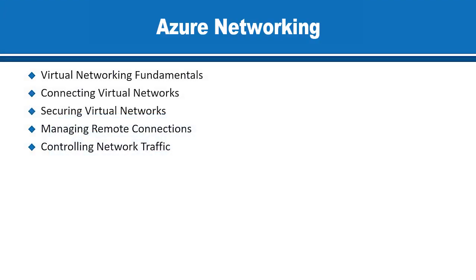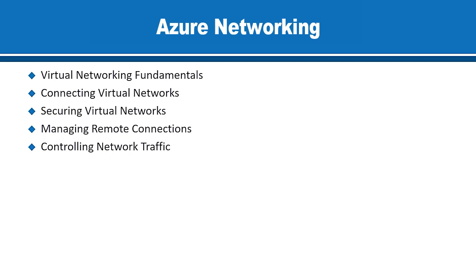Going to look at another infrastructure service, Azure networking. Of course, as we move workloads, virtual machines, applications, and such to the cloud, they still have to be able to communicate over the network. They have to be able to communicate with one another in many cases. They may have to be able to communicate with on-premises environments. And they certainly have to be able to communicate and respond to internet clients that are going to be accessing them. So networking, as you might imagine, is a fairly big section and pretty important when it comes to running